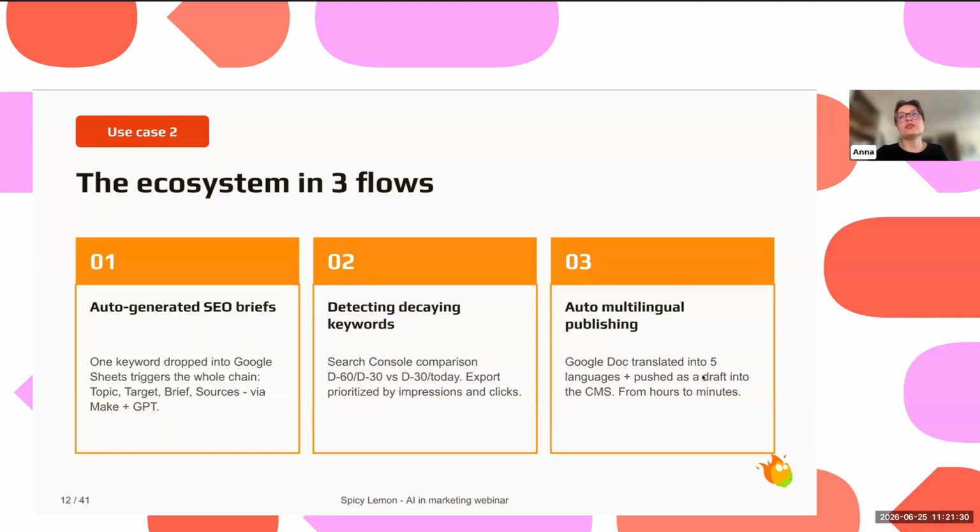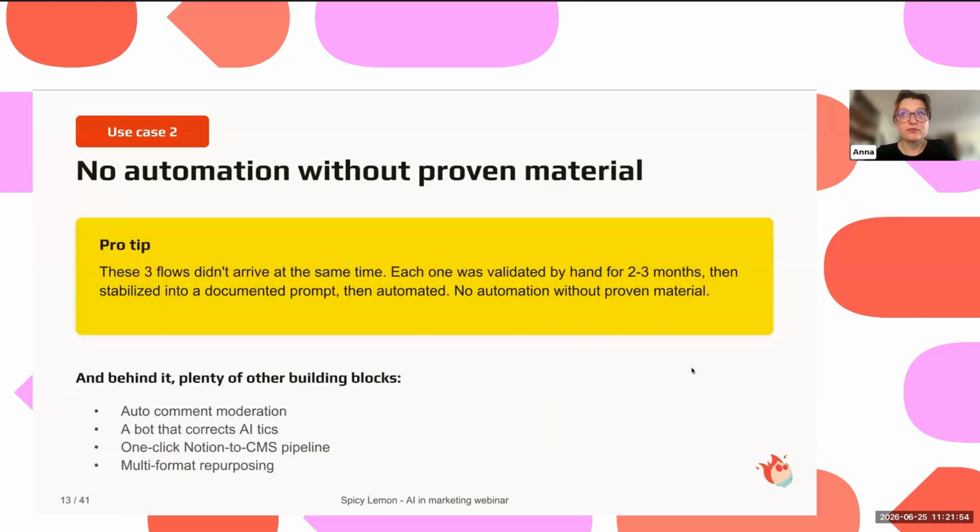And finally, we did the auto multilingual publishing. They were publishing the articles on the CMS on Webflow. And they had this kind of small complexity where you had to have the English article as a core and you had to implement all the other articles around it. But we still managed to make it work pretty easily with no-code tools. So once again, this is more an automation task rather than AI creation.